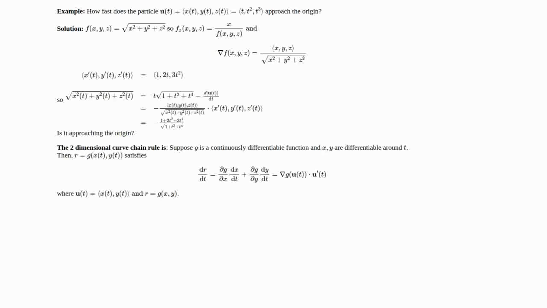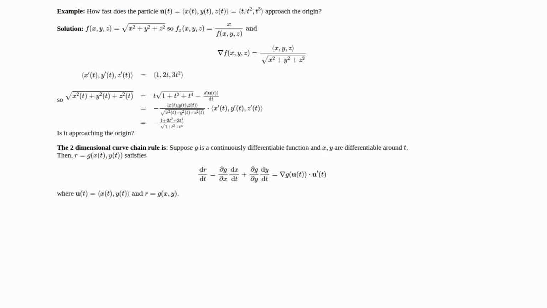So we can go backwards in a sense and go to the two-dimensional curve chain rule. So we still have just one independent variable t, but now g is just a continuously differentiable function of two variables x, y, around x(t), y(t). Then if we let r be g of x(t), y(t), then the derivative of r satisfies